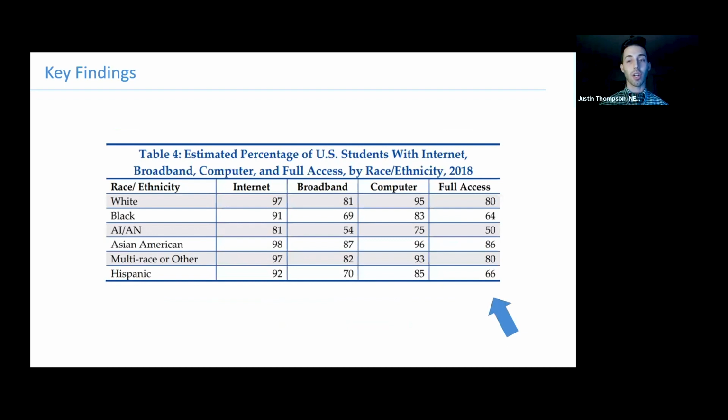And race and ethnicity is also a factor when it comes to student access to necessary technology. As you can see, white school-age children are at 80% full access compared to Black students at 64% and Latinx students at 66%. And a really alarming statistic is that only 50% of American Indian and Alaska Native children have full access, which is concerning as the pandemic continues to affect the education system. So whenever we're talking about the digital divide or digital access, concerted efforts need to be made to be inclusive of the country's Native students.